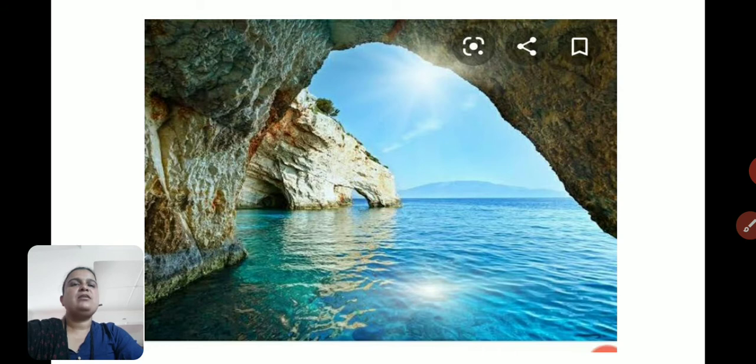Now you can see in this image, due to the continuous flow of sea waves, what is happening? Strikes develop over there, and due to continuous strikes, such a shape occurs over there, a cave-like structure.